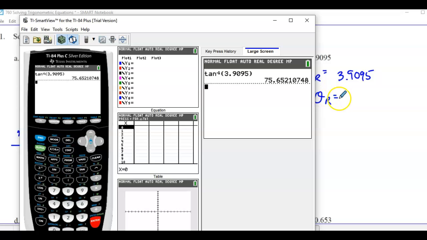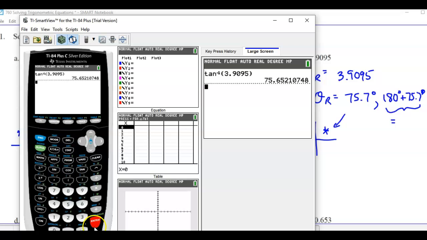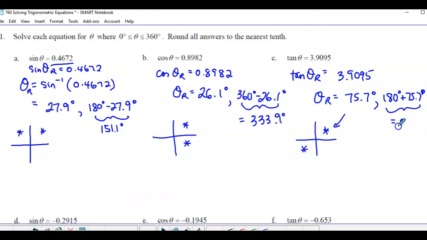Okay, so that's 75.7. Now where is tan positive? First quadrant and third quadrant. So we've already got this one, and then we go 180 plus 75.7. So we're just kind of tying in all of the last few lessons into this. Okay, so then that angle plus 180 is 255.7